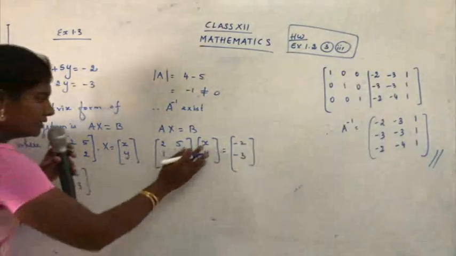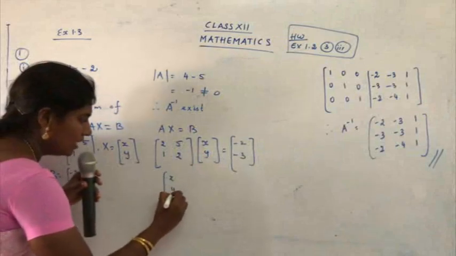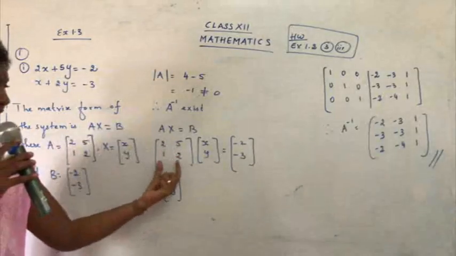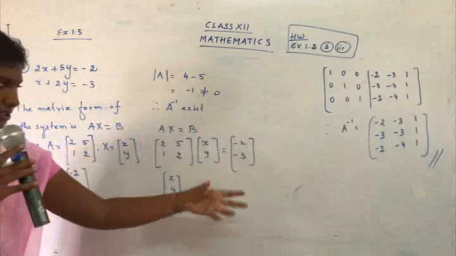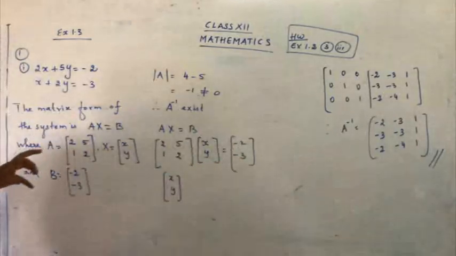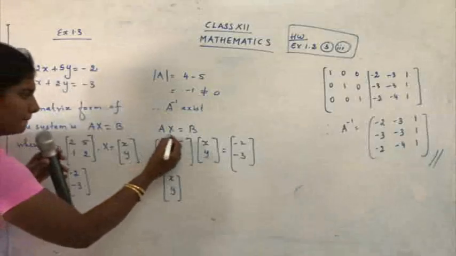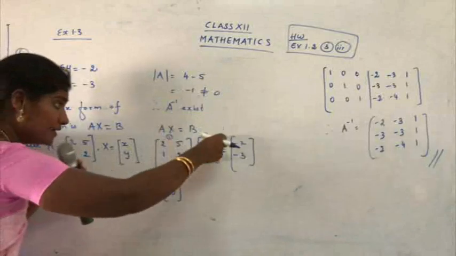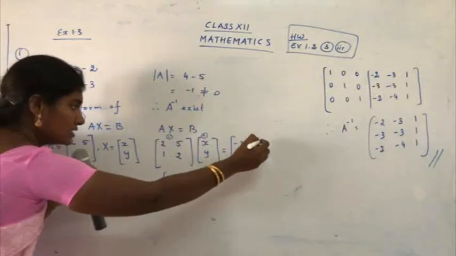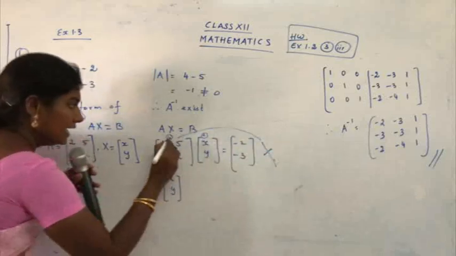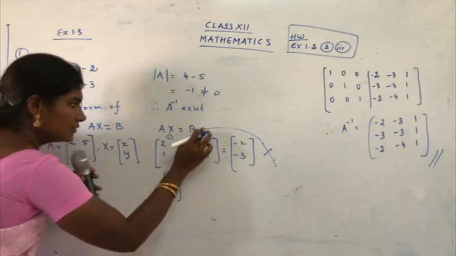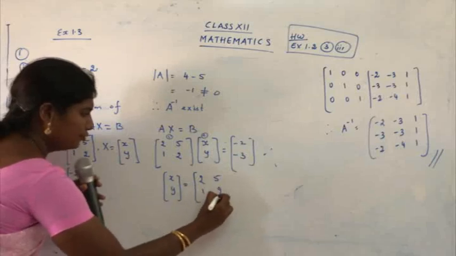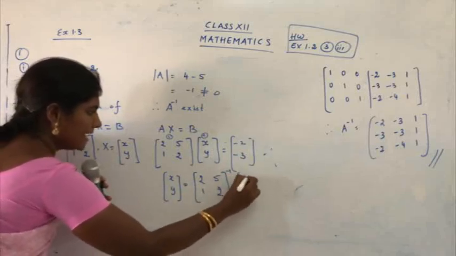Now what is the unknown part here? This is the unknown part, so I keep the unknown part here. I have told you, whenever we are shifting one matrix from one part to the other, that is from LHS to RHS, we see the placement of the matrix. Yes, children, here was the position. This is 1. This is 2. So when this 1 is shifted to that part, it will be placed in the first position only. It will not go here. It is placed in the first part. So what do you get? This is equal to 2, 5, 1, 2 inverse times minus 2, minus 3.